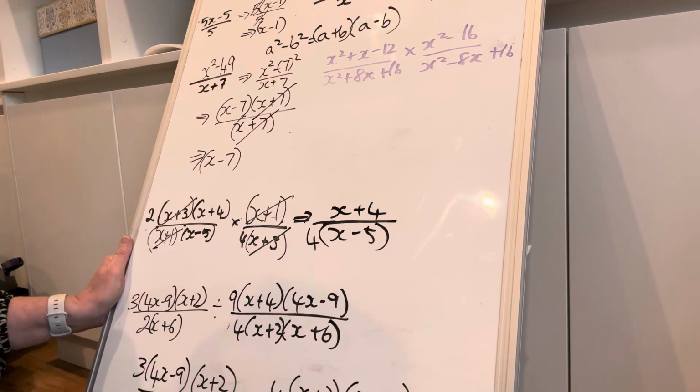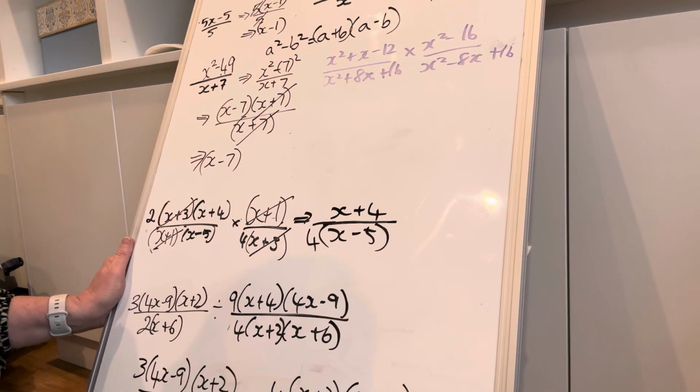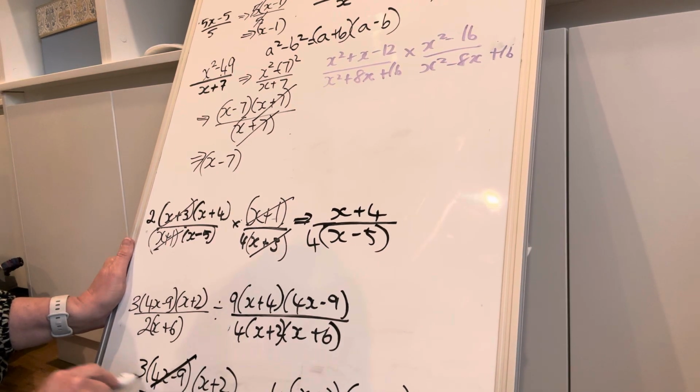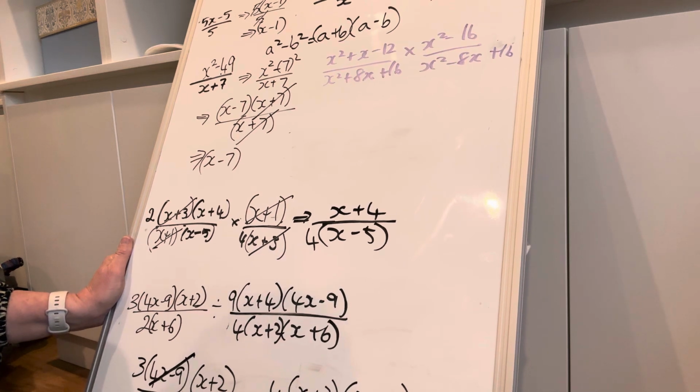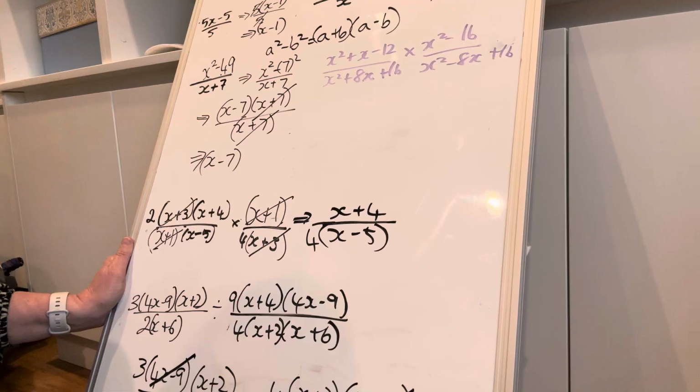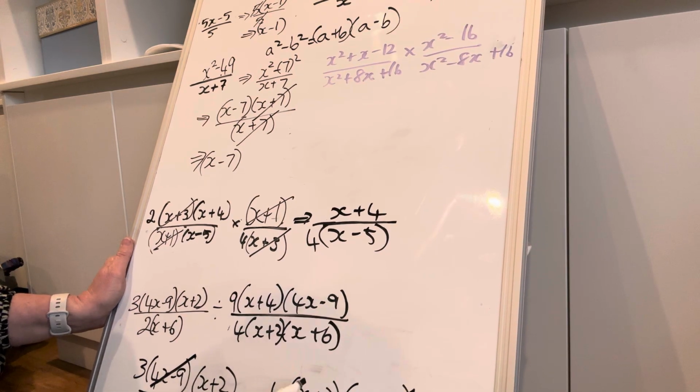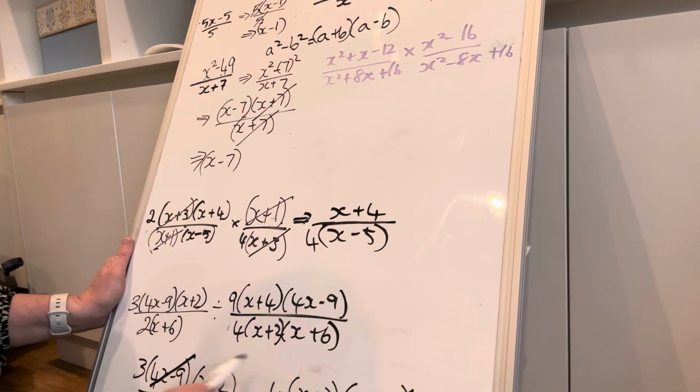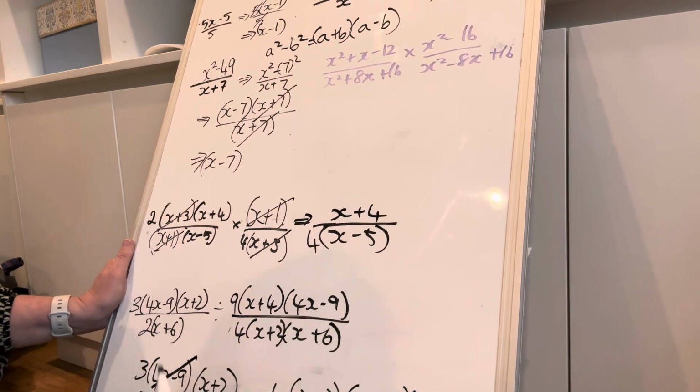Okay, and now we're looking for common terms here. I'm going to run out of room. 4x minus 9, gone. X plus 6, gone. We've got 2x, x plus 2's here. So they're both in the numerator, so they're going to be multiplying by themselves. So we're going to have 3 over 2. Oh no, we've got to multiply our terms, don't we? So we're going to end up with,